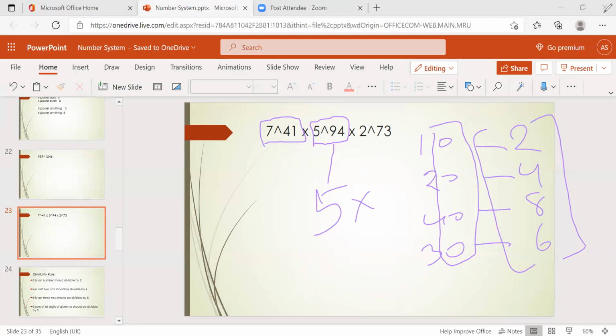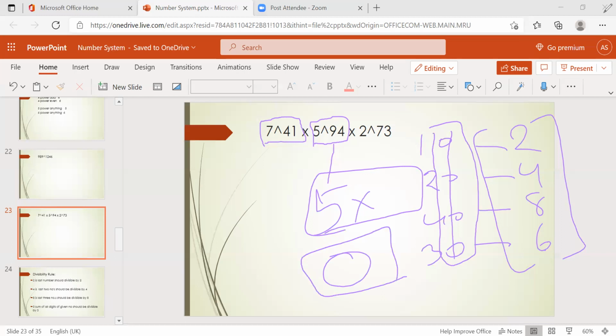So that may be 2 power and that 4 and that 8 and that 6. So unit digit will be zeros. So if we got one unit digit 0, then if you are multiplying whatever the number with that, that will be 0 only, right? So unit digit will be 0. Directly you can say, right? So we no need to do 7 for 41. No need to do this thing. If 5 is there, remember this 5.